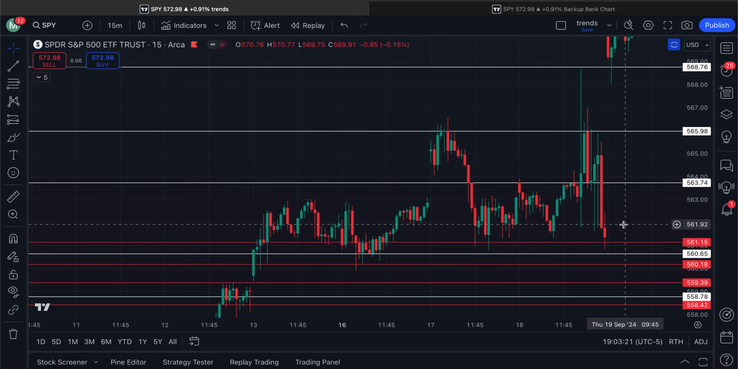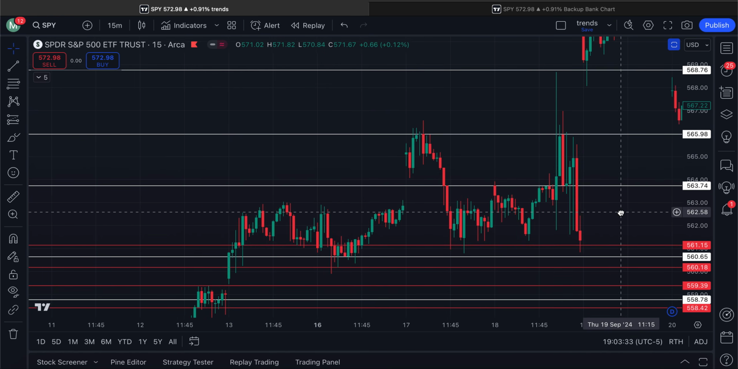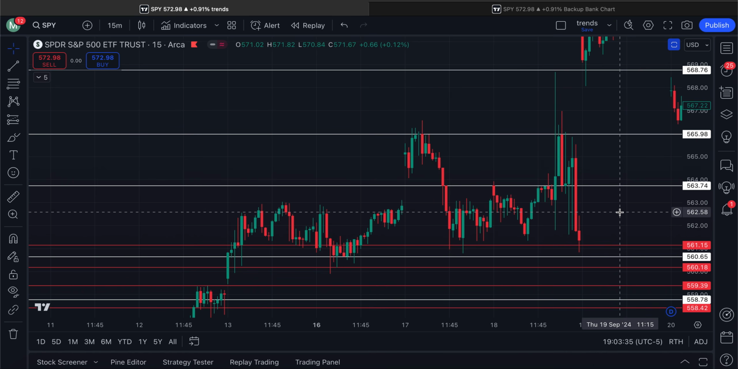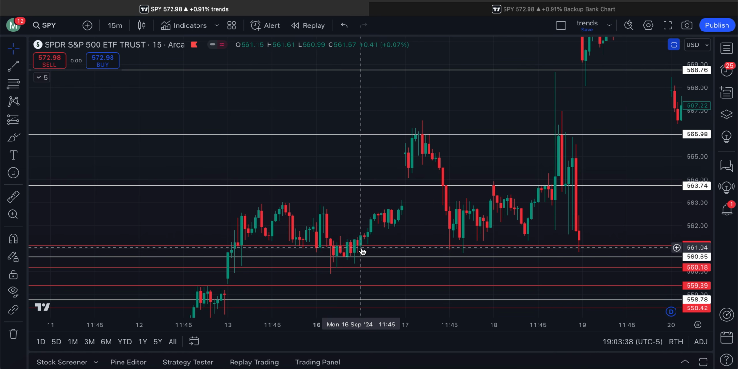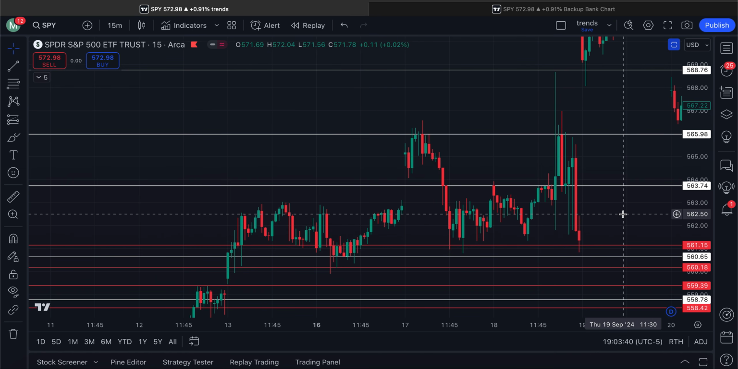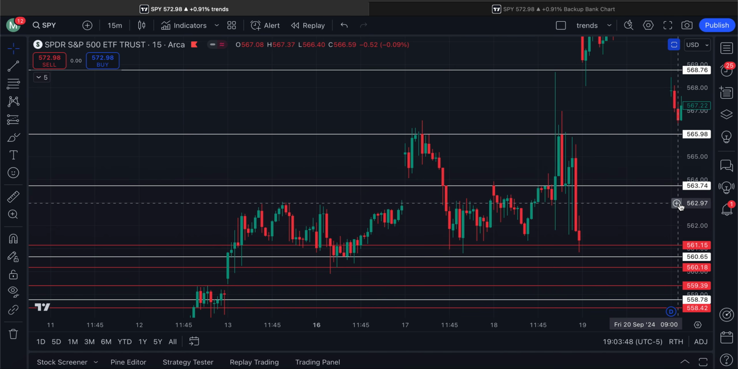560.65 to 561.15 to 560.65 is my demand, and my supply zone is from 563.74 to